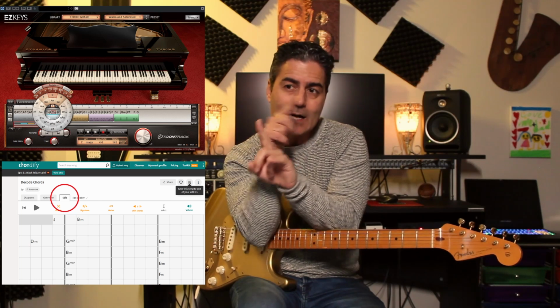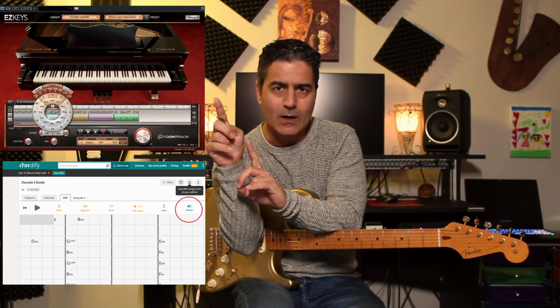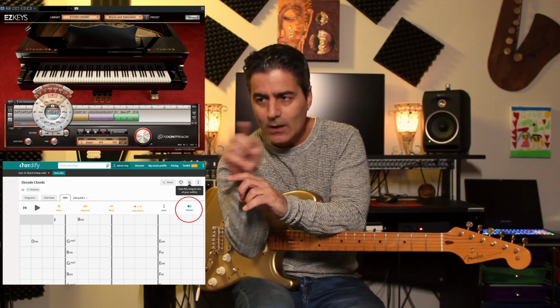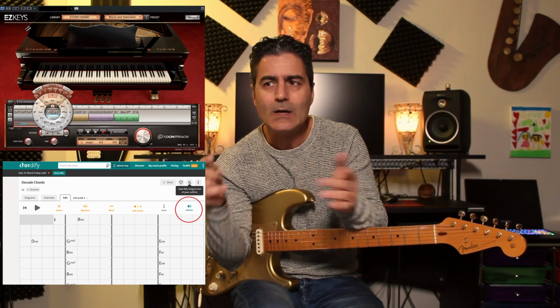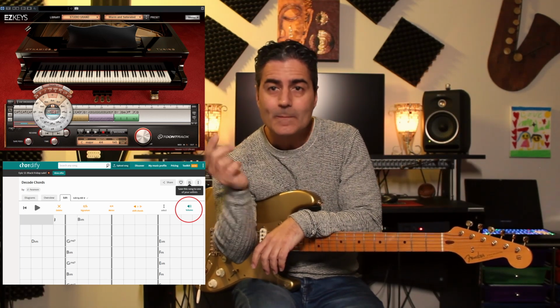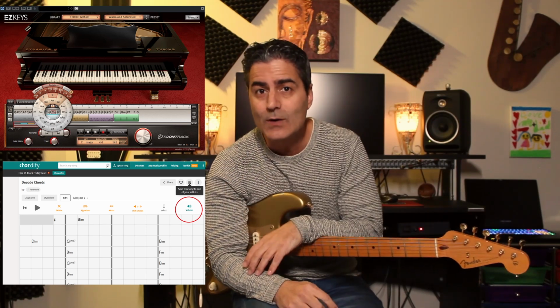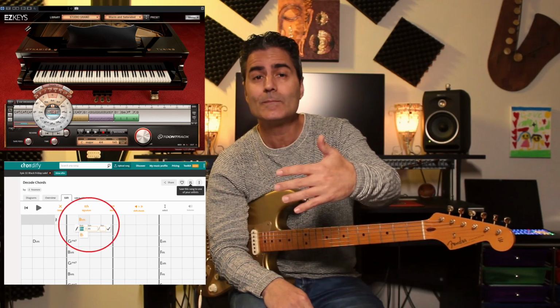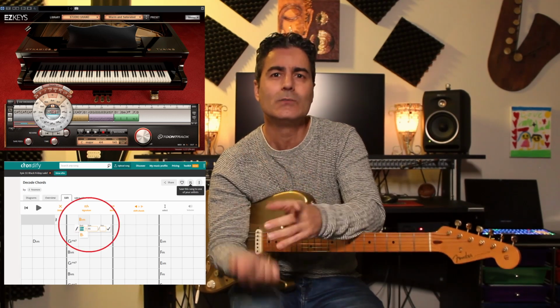There's a volume slider for the actual song that you picked, and there's a volume slider for a virtual piano, and you can lower the volume of the song you picked and raise the volume of the piano. So now all you have is the chord progression of the existing song, right? And you can just mix and match those chords. You can move them around, which is pretty cool.